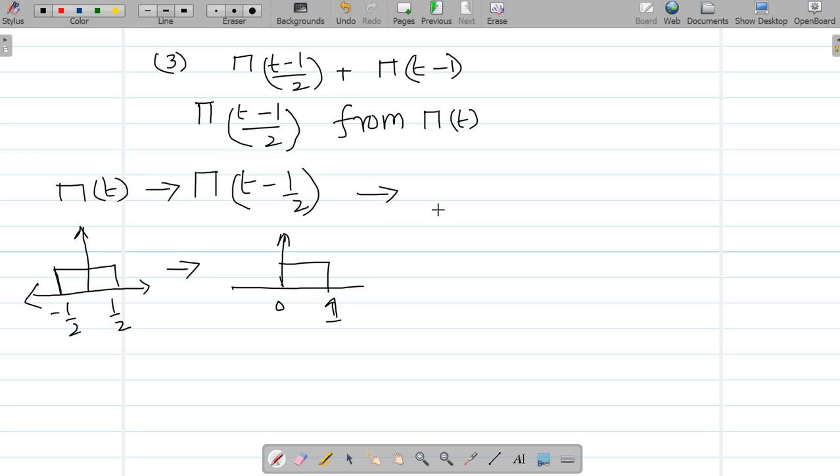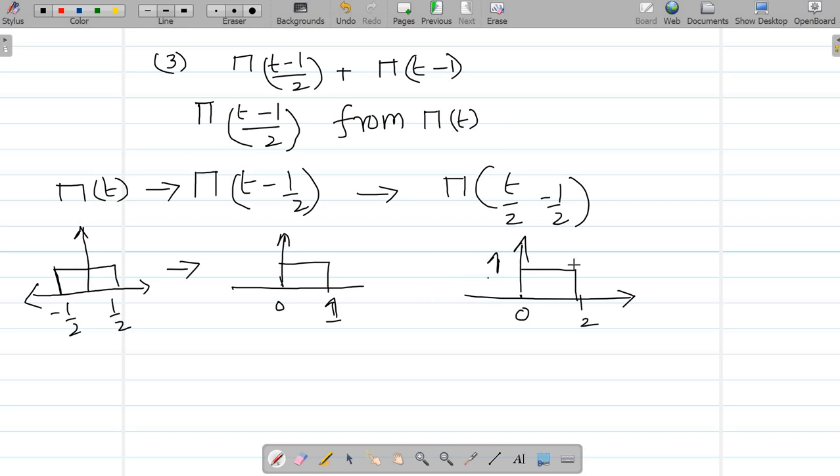Now what I will do is I will try to derive this. This is what I want now. In order to get this, I have to multiply the time axis by 2. So 0 into 2 is 0, and 1 into 2 is 2. So I end up getting this now. So this is this. Okay. Now it's very simple. t minus 1 is nothing but the signal that I will get will be like this.